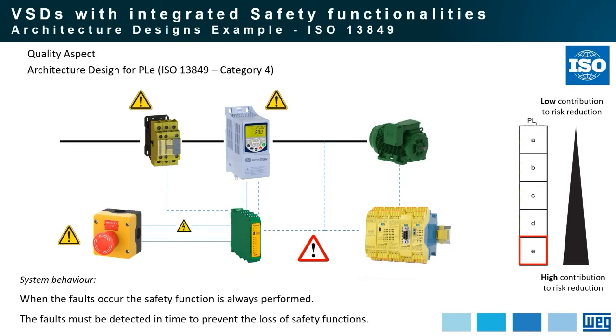Remember that performance level E, in several cases, has more than the emergency push button in the system. It's common to find light curtains, it's common to find additional safety switches, it's common to find different safety sensors installed in the machine to protect the operator. And so including more and more safety components will make it really difficult to have real-time monitoring. So only if we have this system behavior approved is it able to comply with performance level E, the high contribution to risk reduction.